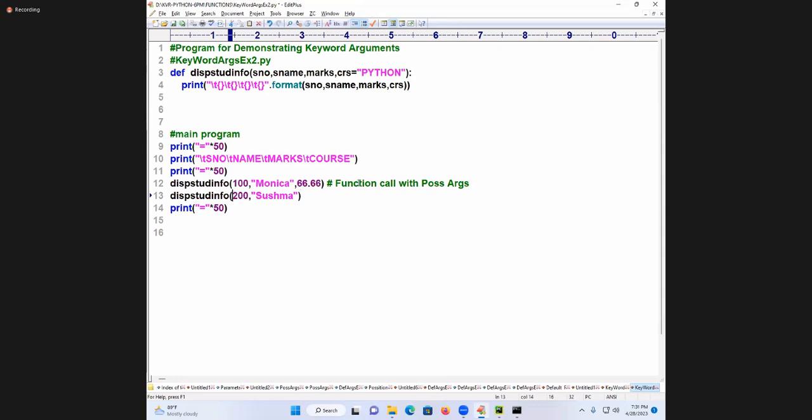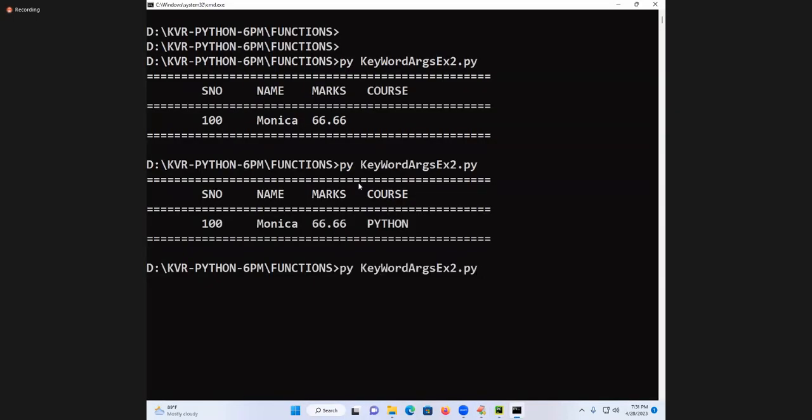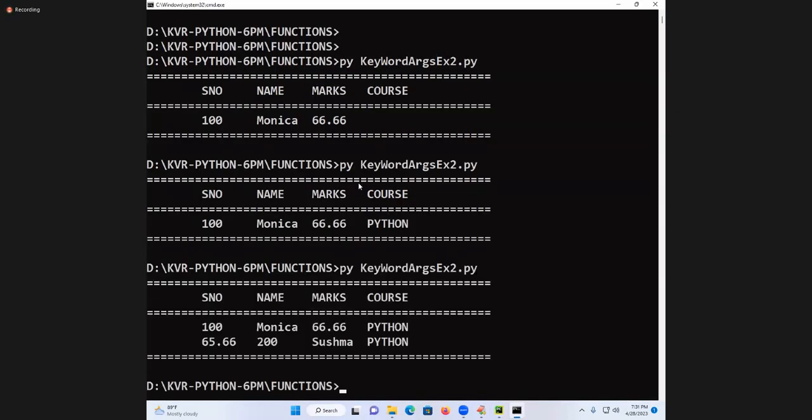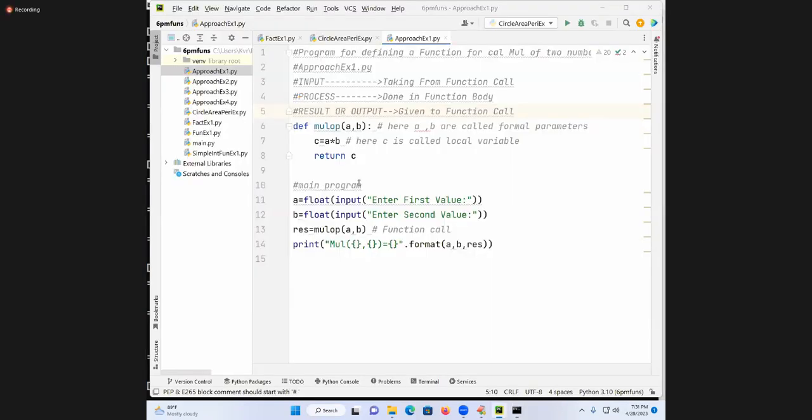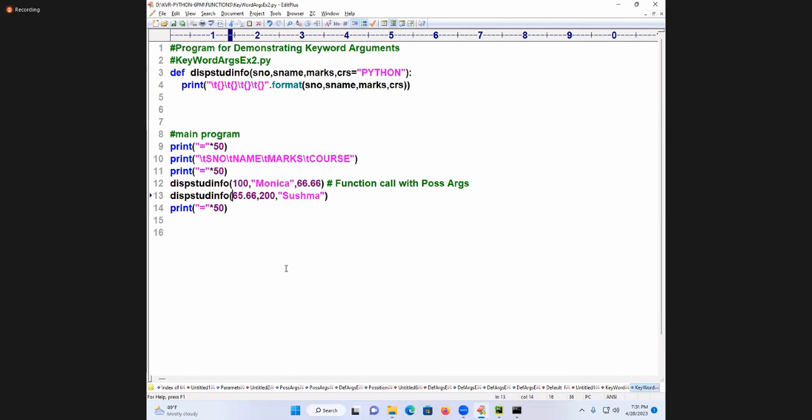But I am passing this data first, comma, and this is the data. Sushma, I passed like this. What is this now? Tell me. You execute it. What is the answer coming? A wrong answer is coming. Do you know how to correct it? Correct it, please. Marks is equal to